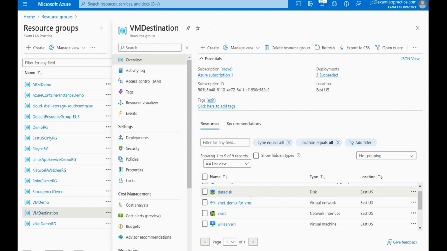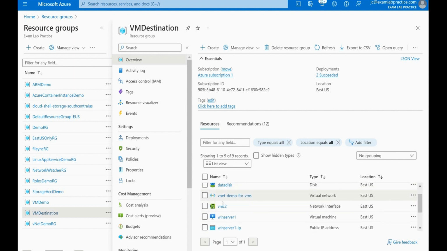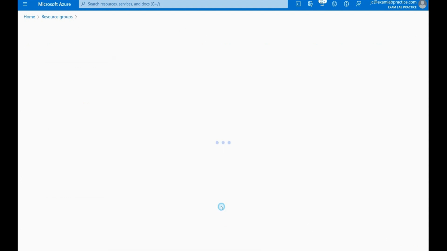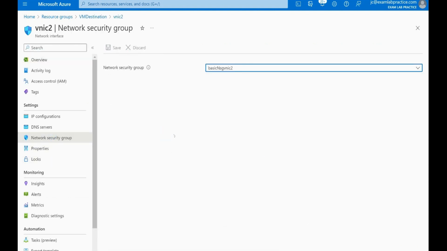Sorry, the VM destination resource group. I've got a virtual machine called Win Server. Okay, and that server has remote desktop on it, which allows me to remote into the server by its IP address. Well, there is an NSG right here called basic NSG vNIC2 that's associated with this vNIC. How do I know that? I can click on the vNIC, and you can click on network security group,